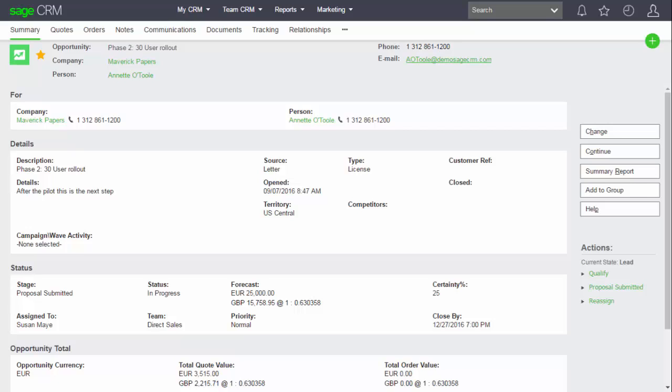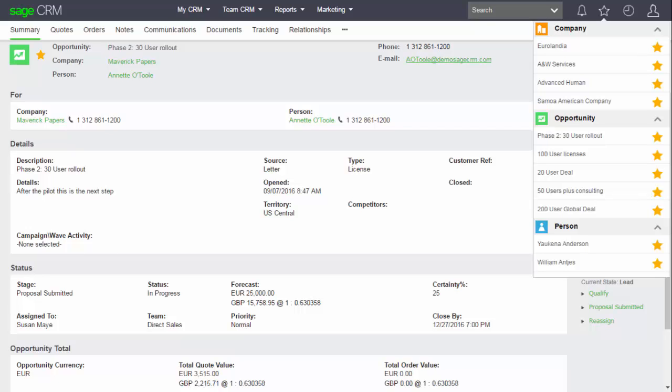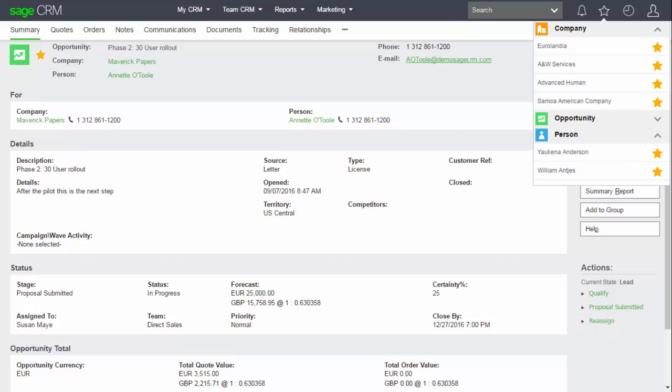Do you notice there's a little golden star in the top left of my screen? Which means, just by clicking on that little star, it will be pinned into my favorites list. And that gives users a fast way to return to the records with which they frequently work. And if there are too many favorites, then the individual sections can be closed up. This makes the list very easy to use, even when you have many favorite records.